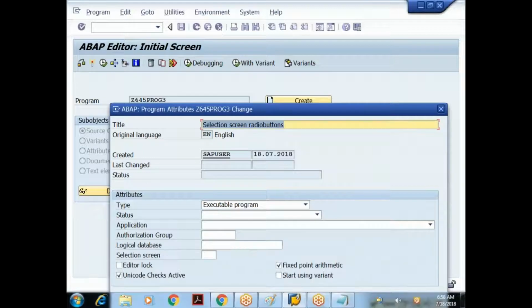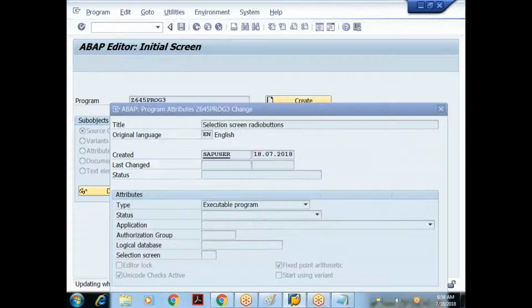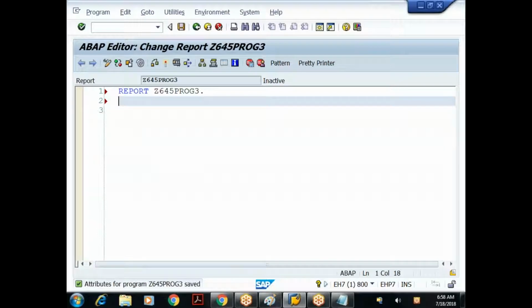Type of program is executable program. I'll save it in the local object.